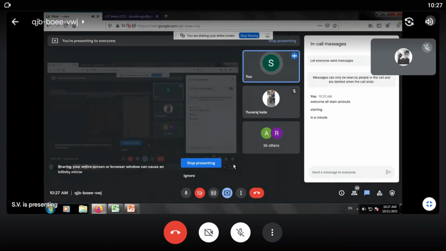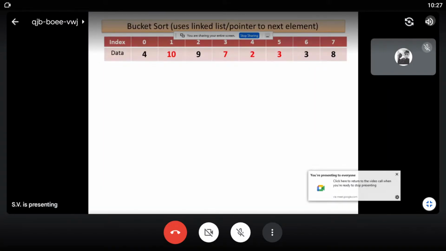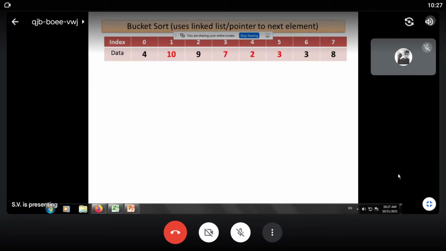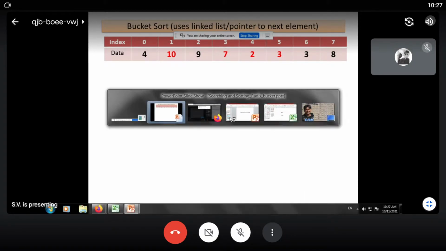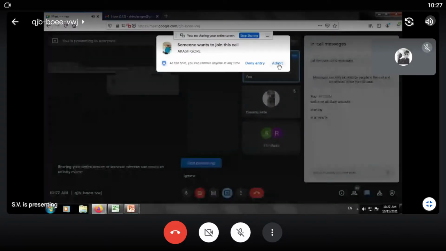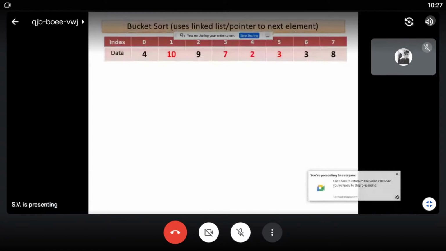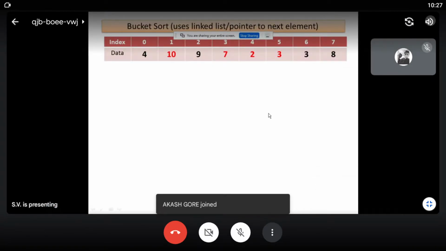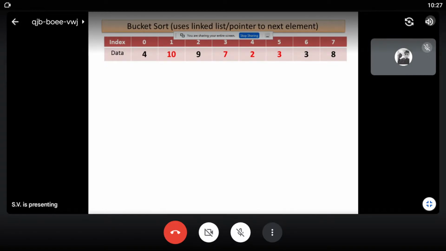When we talk about arrays, they have static memory allocation, and the size of the array is always allocated at the beginning. For example, over here there are 8 elements. In C and C++, we have to declare the array size first, and then we work on the array elements.